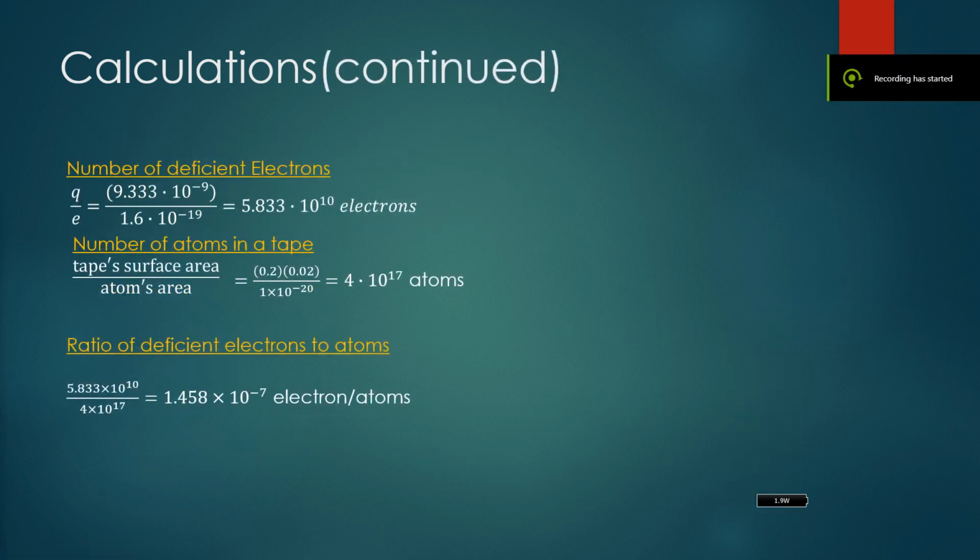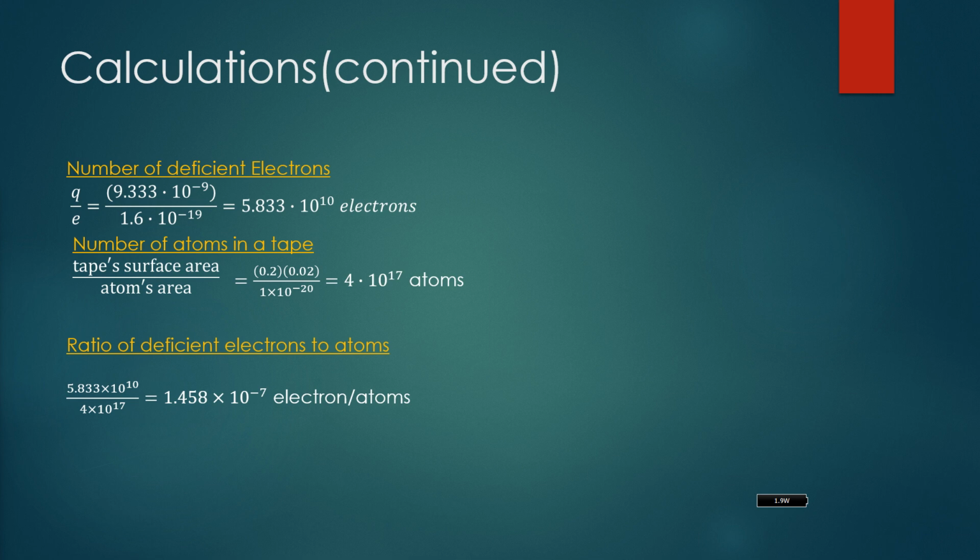Since we know the tapes are positively charged, they must be electron deficient. We know the charge of an electron is 1.6 times 10 to the power negative 19 coulombs. Dividing charge by the electron's charge, we get the number of electrons. To find the number of atoms, we just divide the tape's surface area by the atom's area. And we find the ratio by dividing the two numbers that we just got. We find the ratio of deficient electrons to atoms to be 1.458 times 10 to the power negative 7